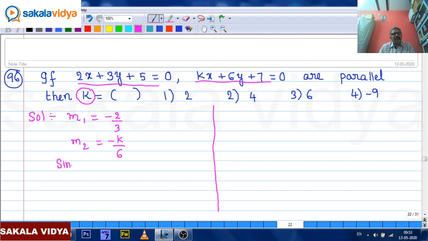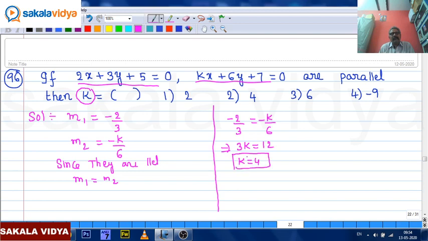Since they are parallel, m1 equals m2. That means minus 2 by 3 equals minus k by 6. So, 3k equals 12, k equals 4. This is one method. Second method is